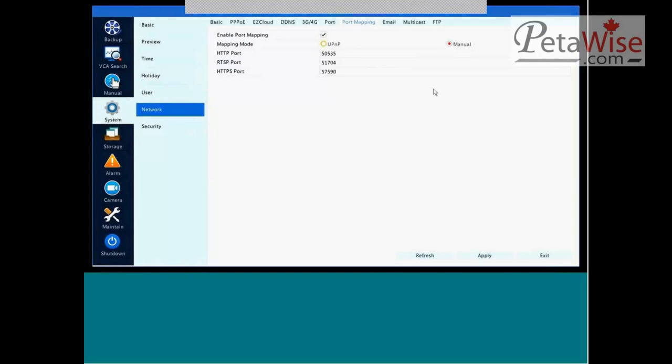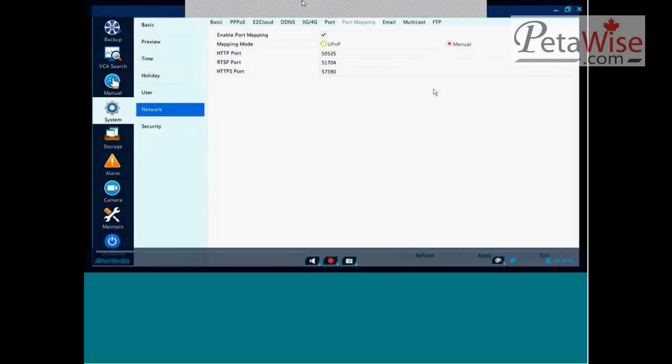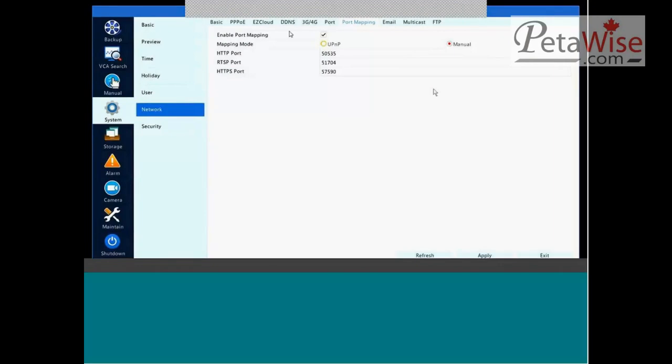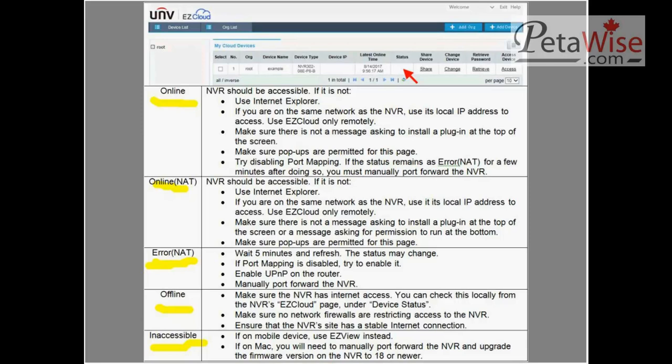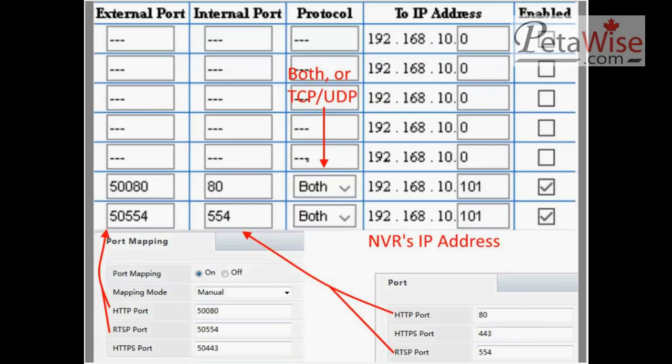Once we have that information, we're going to need to interface with the customer's router. If we take a look, on the customer's router we're going to see something similar to this. It's going to ask us what our internal port is, what our external port is, what protocol we're using, and what IP address. The easy part about all this is that we already have all this information. We got the external port we needed from our port mapping page. Here, this time, it said 580, so we put 580 there,